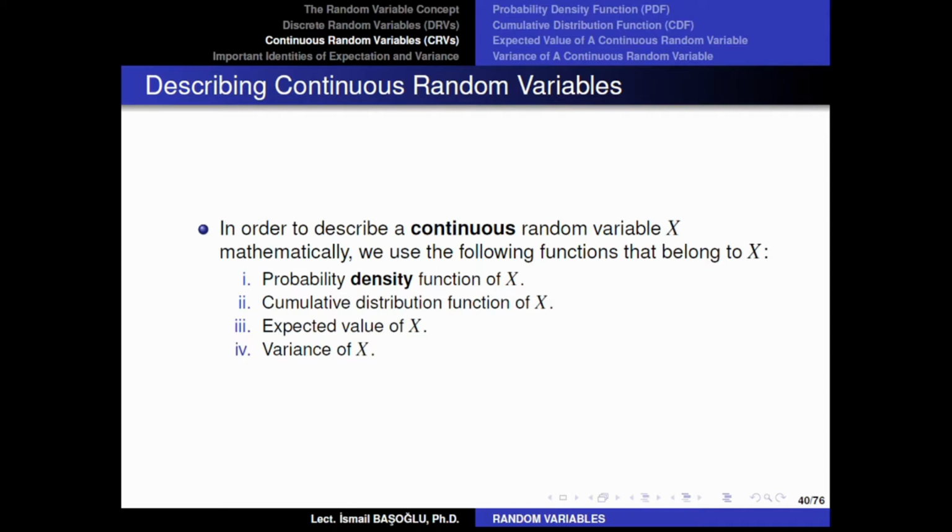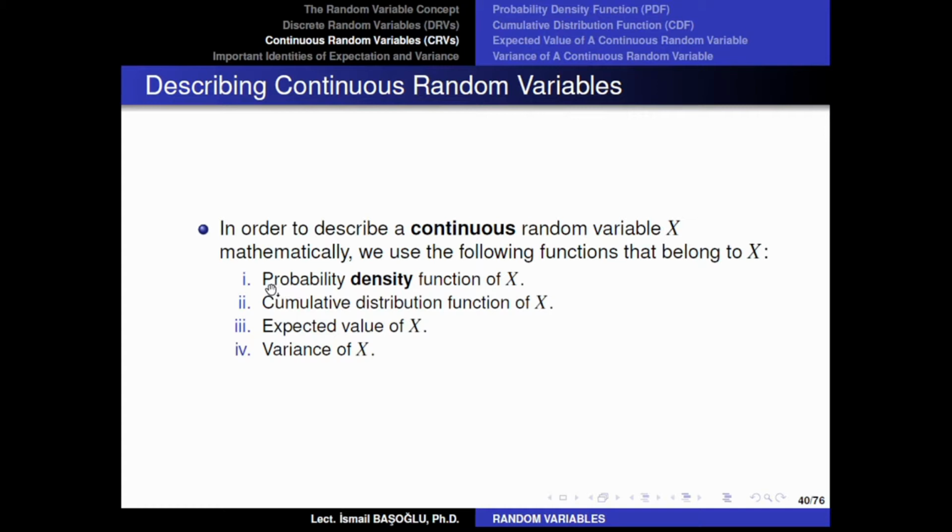However, if the random variable is supposed to take a continuum of values, if it is a continuous random variable, how can you define these probability masses one by one for each possible value it can take? Unfortunately, you cannot. It is impossible. So the probability mass functions will not work for continuous random variables.